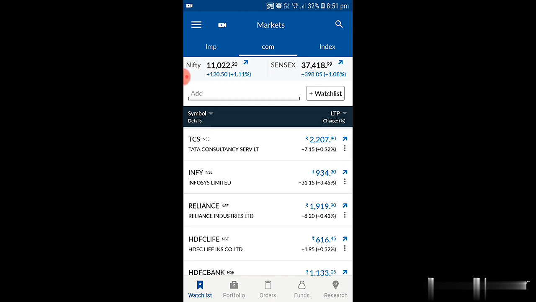For selecting the stock, the first thing we have to identify is which stock we are going to buy. Once we identify the stock, we have to add it to the watch list. Then we have to analyze which stocks are coming to the 200 EMA or which stocks are crossing the 200 EMA. Those stocks we can buy or we can sell. So let us analyze some stocks like TCS, Infosys, Reliance, HDFC Life and HDFC Bank. These are the 5 shares we are going to analyze today based on 200 EMA and RSI.